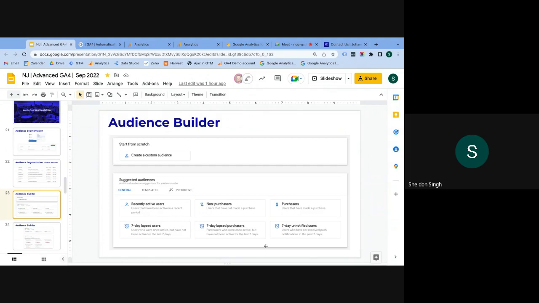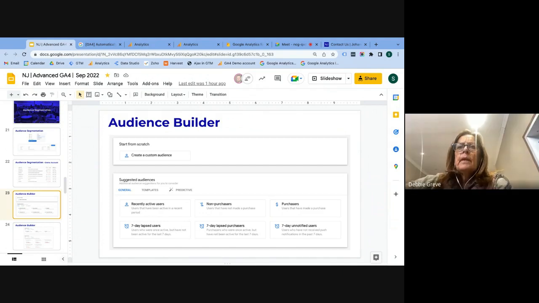You can also do purchasers, and I think the bottom one's actually quite interesting: people who have purchased but have not been active for the last 7 days. What that's useful for is if you know a person's bought product X, but product Y will go really well with it, you could then target the people who bought product X but not